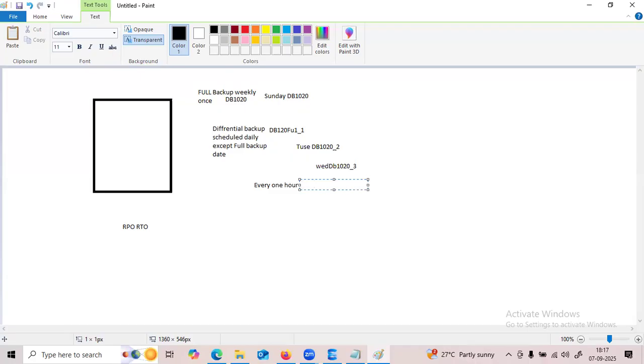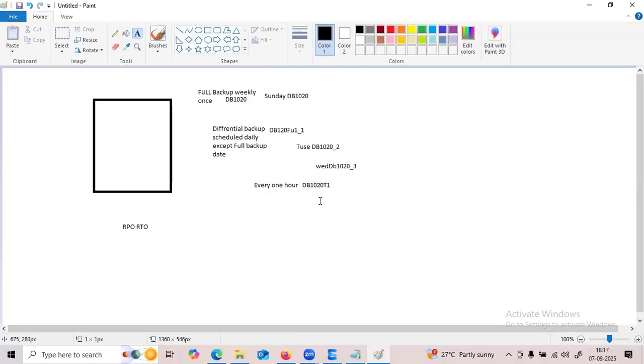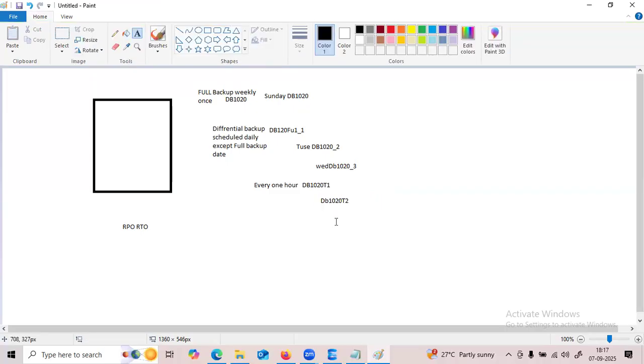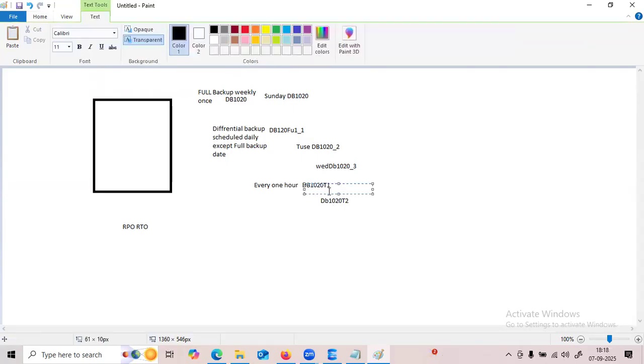That means DB 1020 T1, then after 30 minutes DB 1020 T2, and it will keep continuing. Every time you schedule 30 minutes, T1, T2, T3, T4, it will continue, and this LSN number always goes to the full backup.